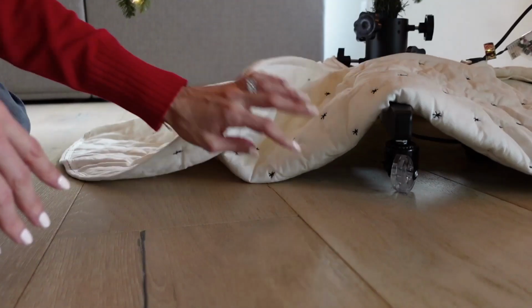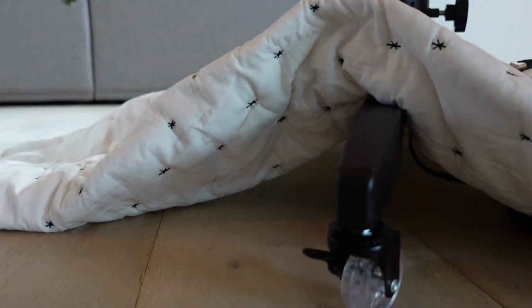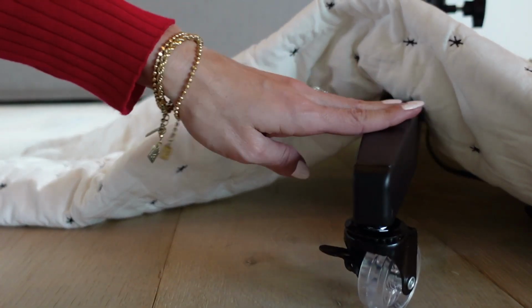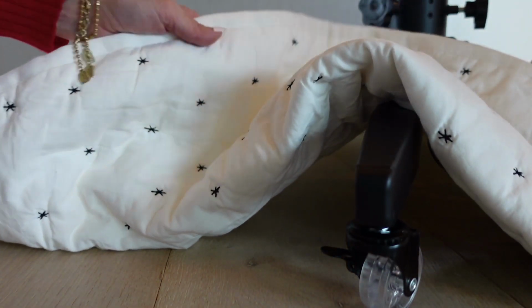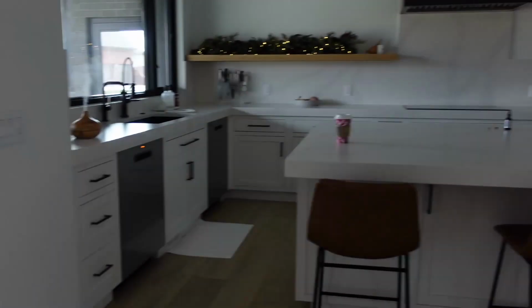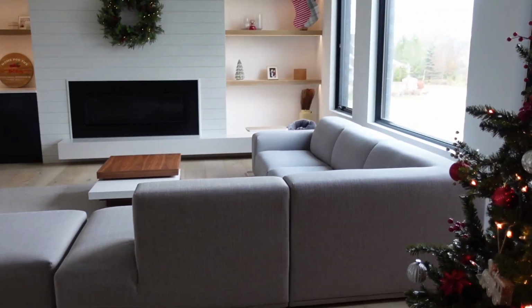And then you can see here under the skirt, we do have the tree stand, as I was saying earlier, on wheels. So we have it in the locked position right now, but you just twist this little lever and then you can move the tree around anywhere you want. We had played around with it on a different wall, which I'll flip you guys around and show you. Or we could have moved it by the fireplace, but at the end of the day, we decided this was the perfect spot to have the tree. So for reference, my back is to the kitchen and we were potentially thinking about putting the tree on that wall. Okay, so moving into the living room,